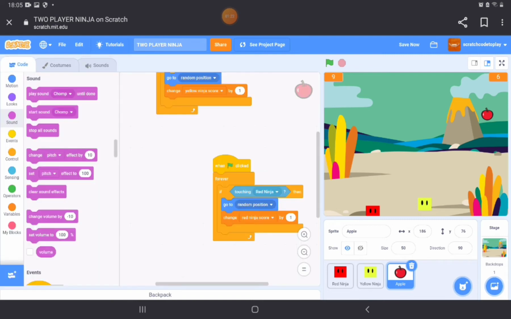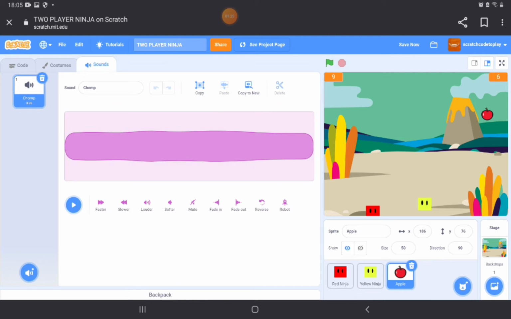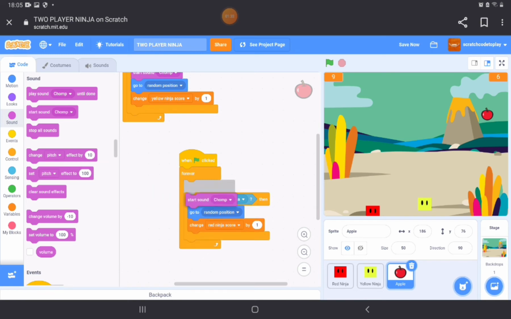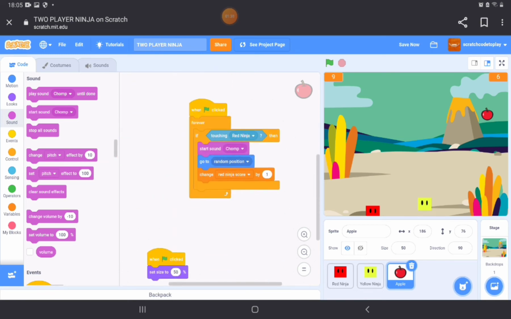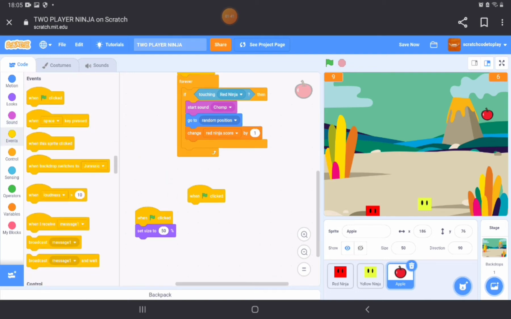So you're going to go to the search of sounds and write jump. Start sound. No, the apple already has jump. Don't you remember? Okay, start sound jump and here start sound jump, so it makes a sound. Start, when the flag is clicked. Okay, when the flag is clicked,